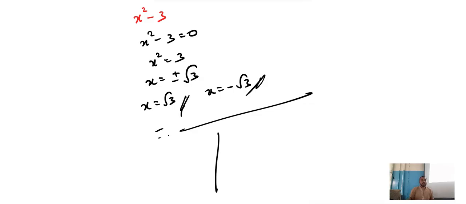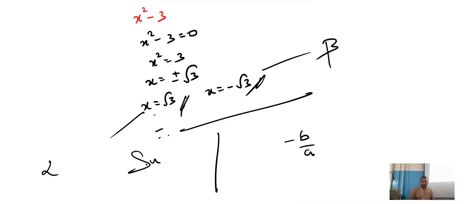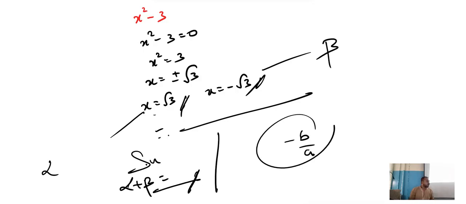Then two columns. Remember, we have done in the previous video, no? First sum of its zeros, directly you add these two. What answer you get? Here, use formula minus b by a, same answer you should get. Directly, if you add both, first zero is alpha, second zero is beta. If you add both directly, what answer you get? If you use the formula, same answer you should get. Same for product of its zeros. This is how we have to do the verification. Will you try? Good. Next question.